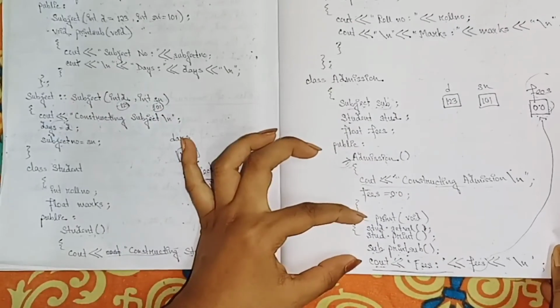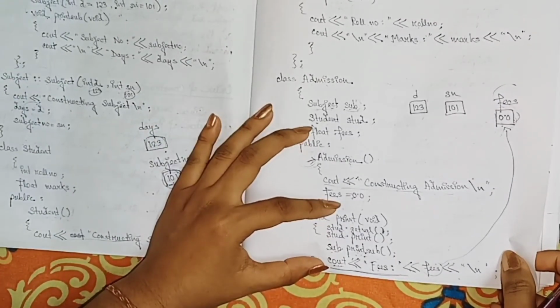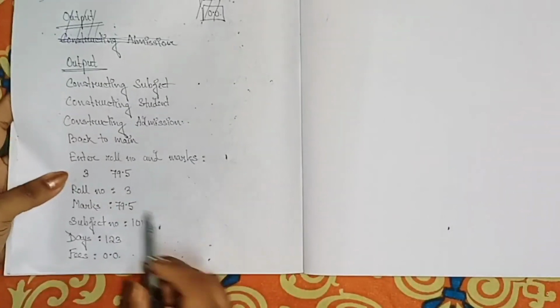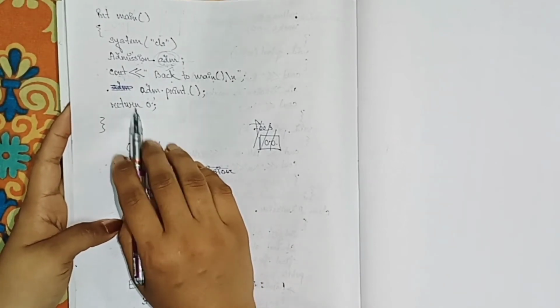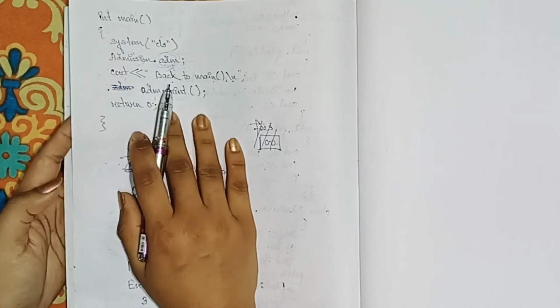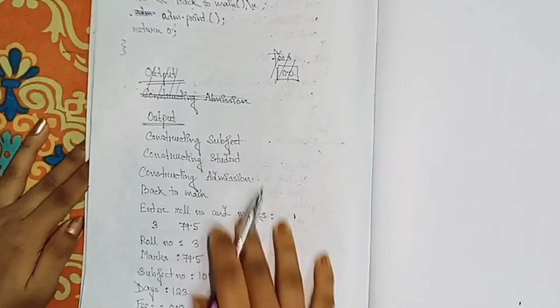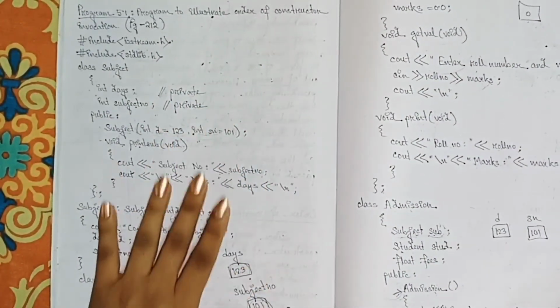Now this admission print, this whole print thing is over, because this print function has defined only this particular type. All these things we have also defined in the output. So now it will again come to the main program and it is finding return 0. And return 0 means my program has ended here. Okay, successfully my program has run and executed. So this is how the order of constructor invocation occurs.